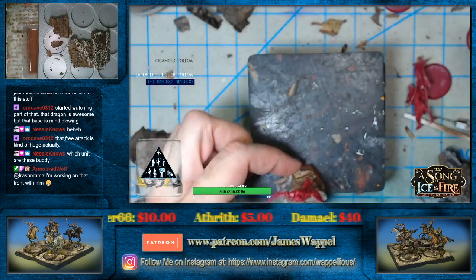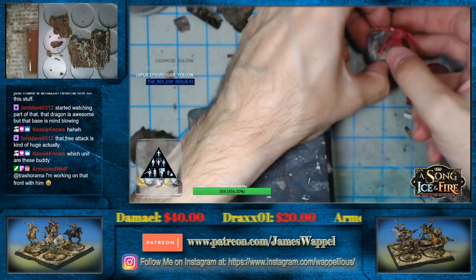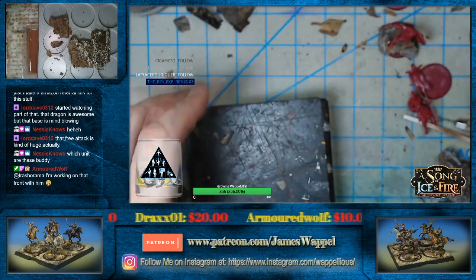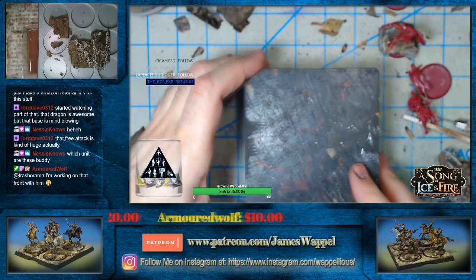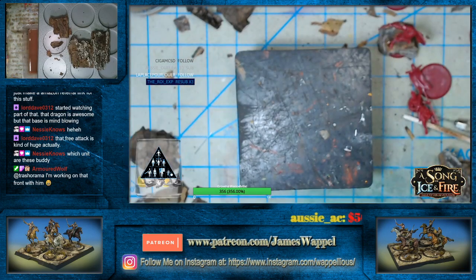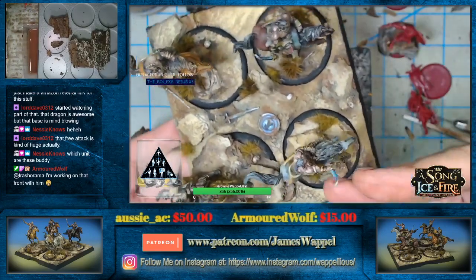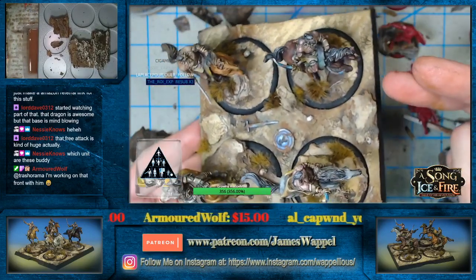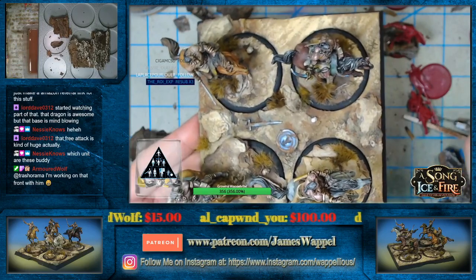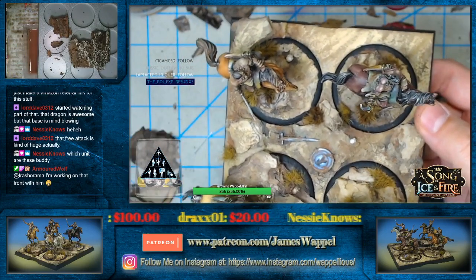Let's leave him where he goes. Right over here. Now again, these things, pretty much only the Baratheons, you have to rank them up a certain way because otherwise they don't fit. You can see most of the time that there's plenty of space in between these guys, so ranking up is really more decorative than anything else. These are the Unsullied, Nessie. Let's see, the free attack is kind of...